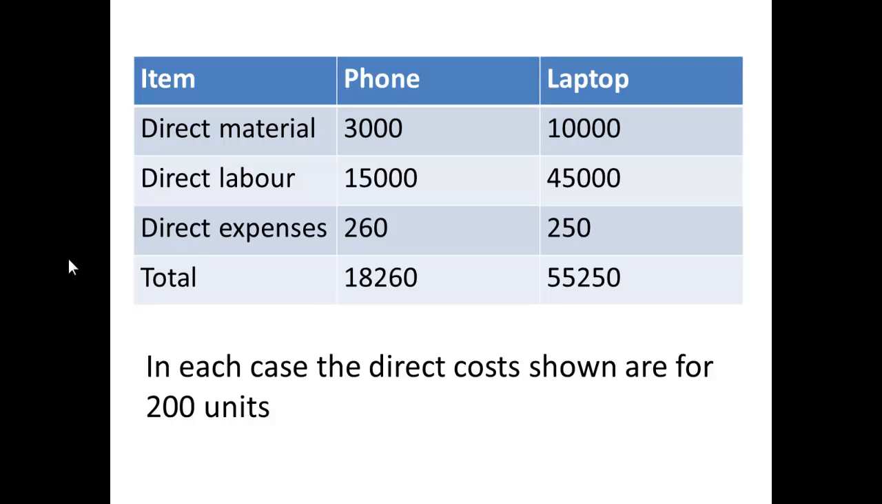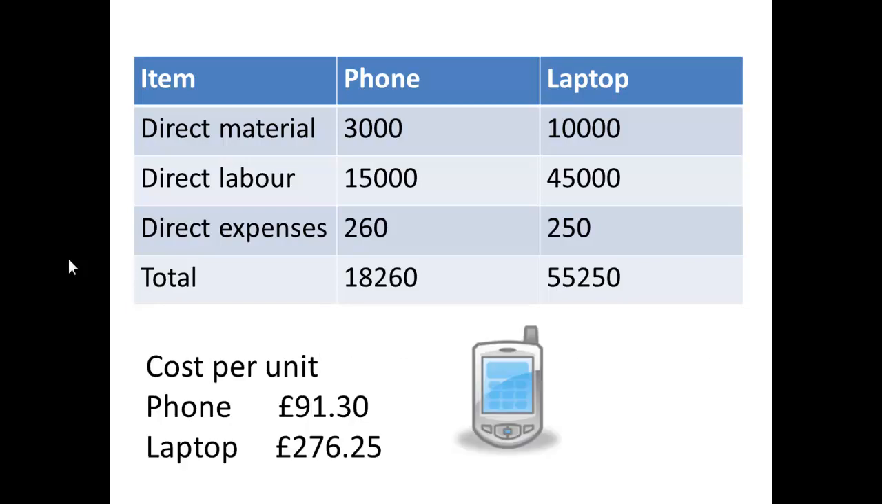Let's compare the direct costs. Here we have the direct costs for the phone. The laptop ones we've already met, so we're looking at 3,000 direct material, 15,000 labour, 260 expenses, a total of 18,260 for the phone. So in each case, and this is what's important, the direct costs are for 200 units. So to produce 200 phones it costs 18,260. To produce 200 laptops, 55,250, which works out at £91.30 for the phone,